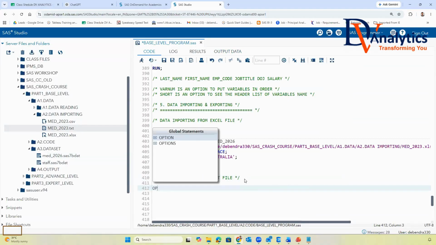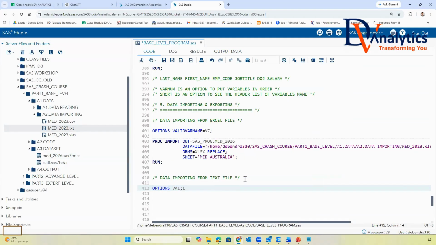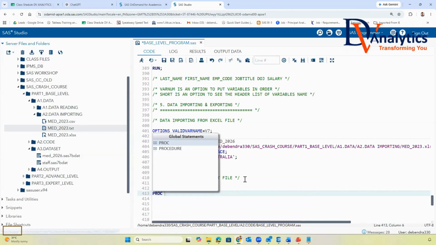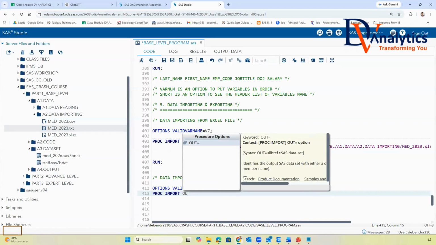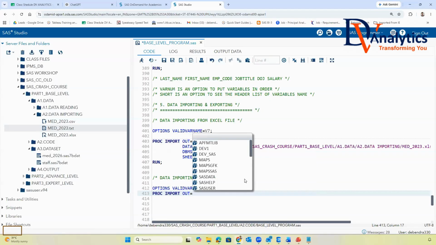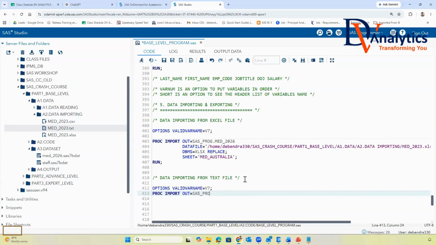You will write what? Options validvarname is equal to V7, version 7. You'll use proc import out is equal to SAS_prog.made_2026.